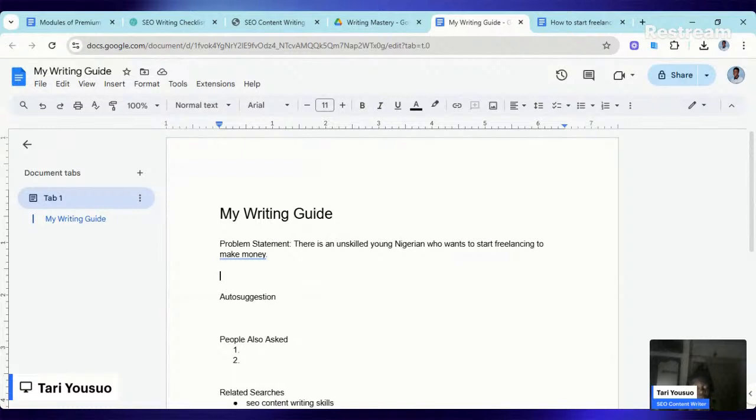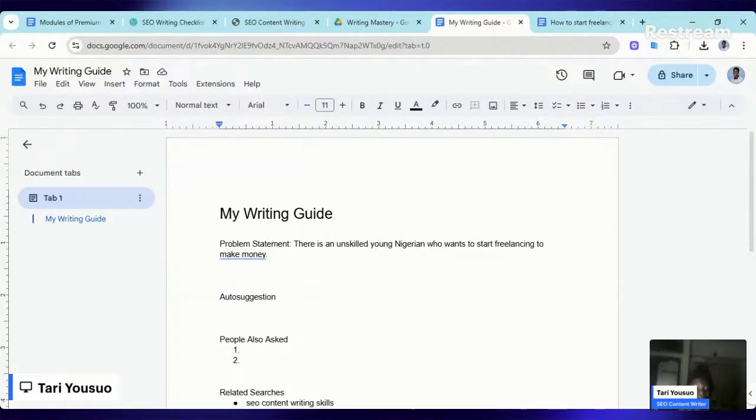Now, people who should write such an article are coaches, so people who teach others freelancing, maybe they have a freelancing course or something. They're the ones who benefit more from this article. Now, I'm not necessarily a freelance coach, but this is also something I could publish on my website because I talk about make money online every now and then. But I'm majorly focused on SEO content writing, marketing, and writing in general. But this is a good topic.